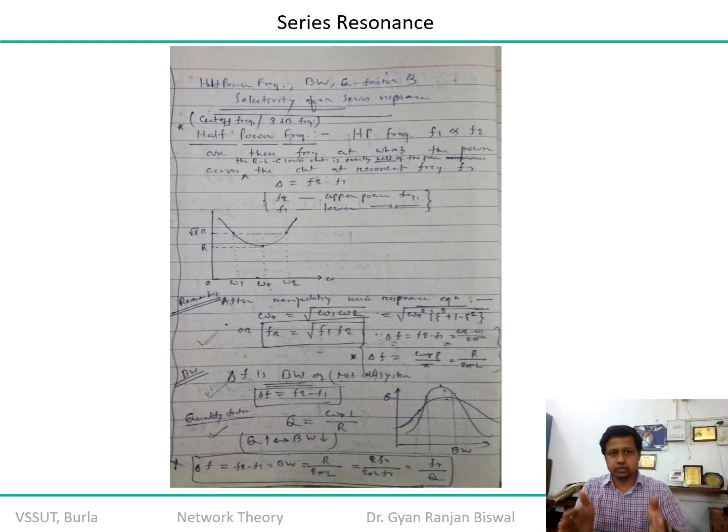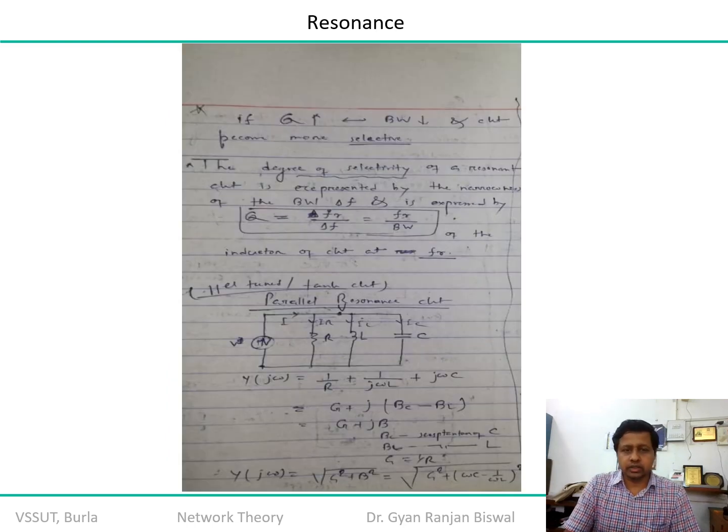And the difference between these two cutoff frequencies is called the bandwidth, either delta omega or delta f. Okay, fine. So the bandwidth in this particular case is how much? It is R upon 2 pi L, or in other words, it is f_r upon Q, or you can say that it is omega_r upon 2 pi Q. So there are a lot of applications. I hope that it makes sense. I have already discussed it with you.